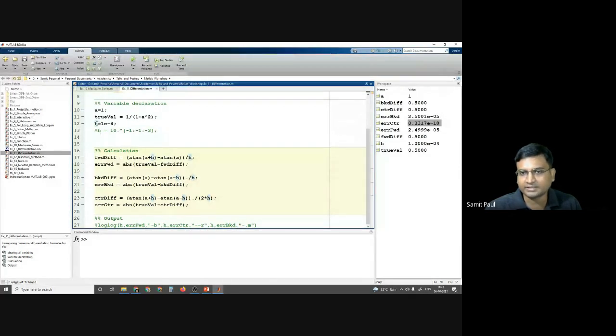To do that, I will comment h here. Please concentrate here. What I am doing is creating an array for h, which starts from -1, goes up to -3 with decrement by 1, and that array is exponented over 10. So if we run this particular code,